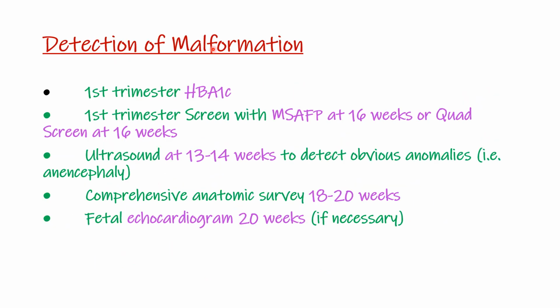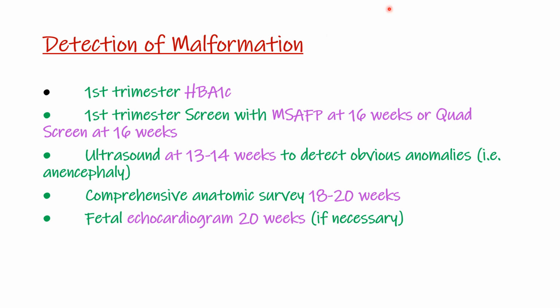So how do you detect malformation? You detect malformation by, number one, first trimester HbA1c. Already we said the malformations will occur in the first trimester where we have organogenesis. So a higher HbA1c indicates that we are not actually controlling the glucose. In addition to that, screening for alpha fetoprotein at 16 weeks, and the